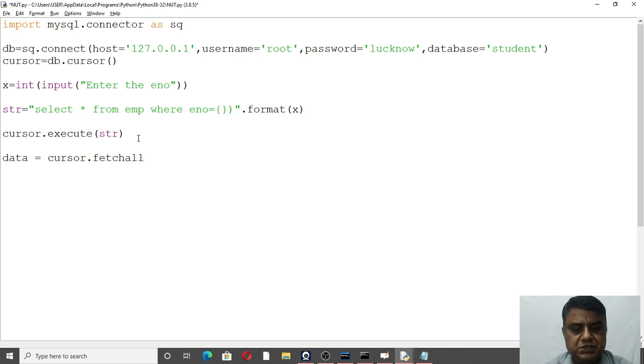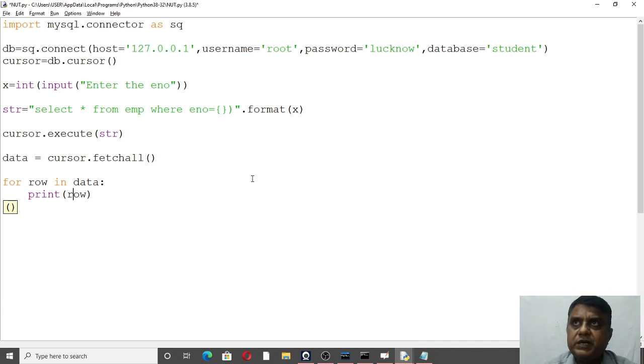This is the function, again available. Fetchall, and use this loop: for row in data, print the values within this row for a particular employee.